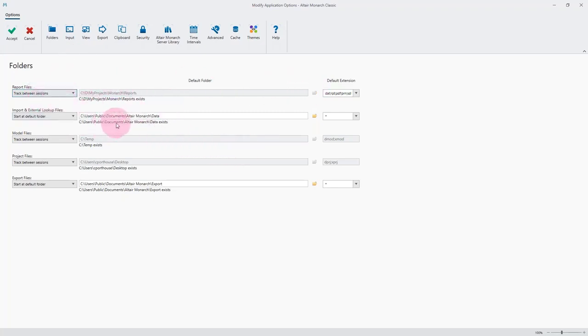So take a few minutes to decide where you want your stuff to show up. Again, I tend to point to the same folder or say track between sessions. That way I just know where to go to get my data. The next one down here, the input,